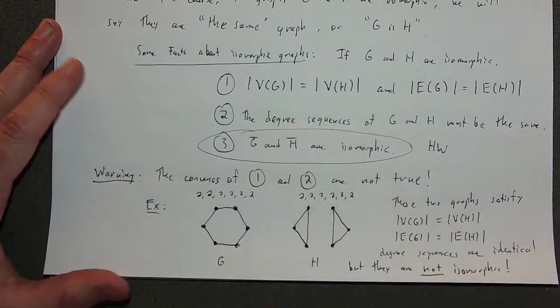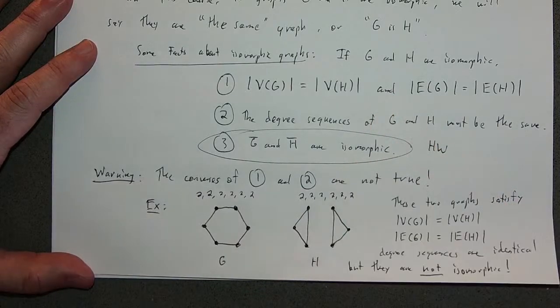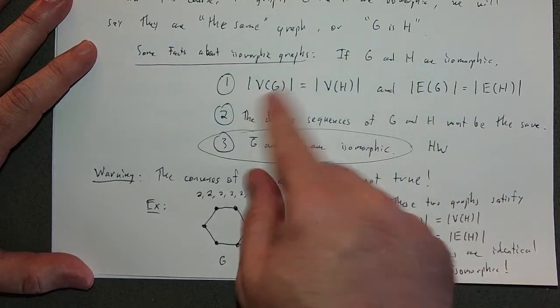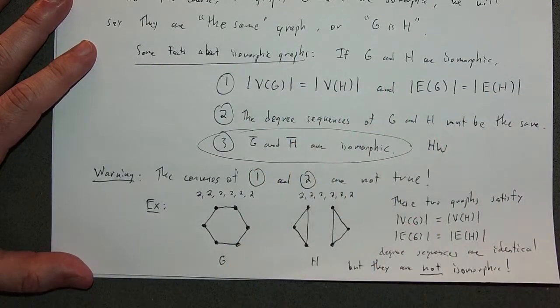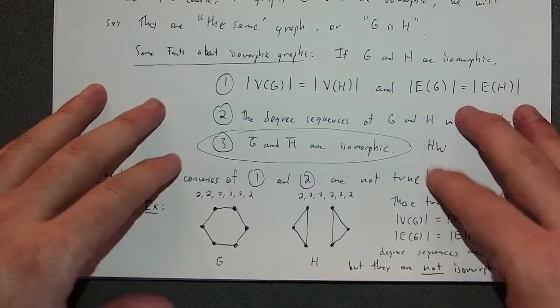So that's not going to be a problem. If the degree sequences differ, again, that's going to be easy to detect. That's also not a problem. And so primarily, you would be spending the most time on situations where both of these were the case. You're dealing with two graphs that have the same vertex and edge count and the same degree sequences, and you're asking whether or not they are isomorphic. Now,